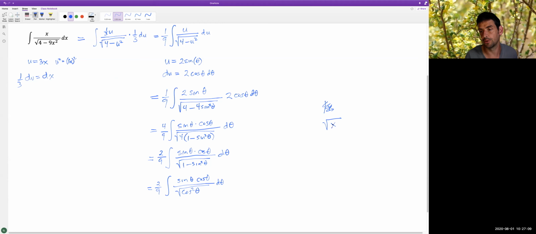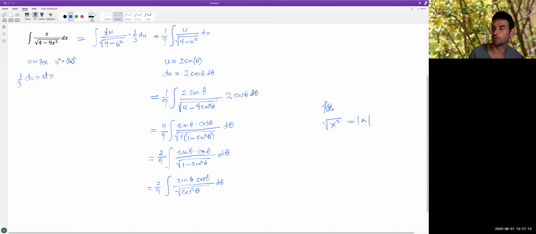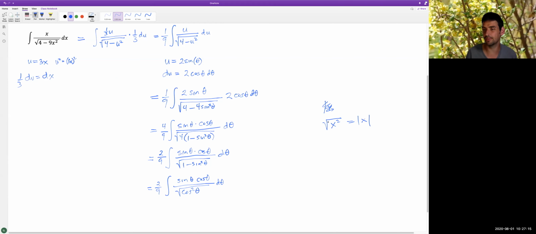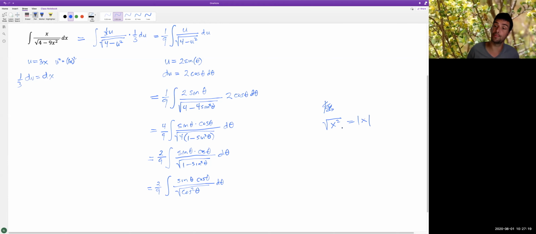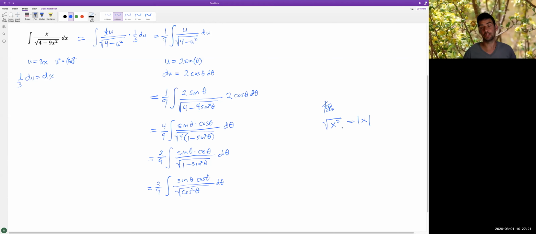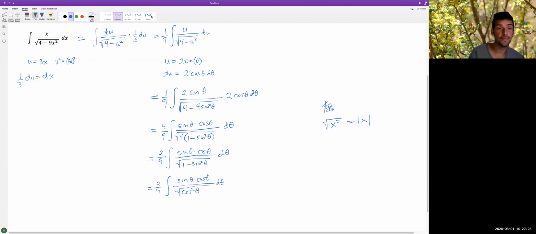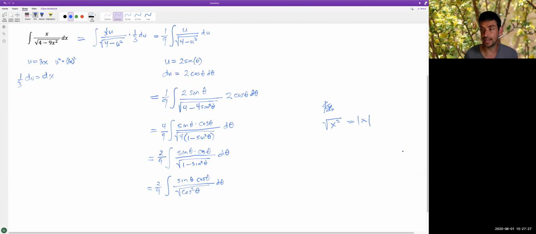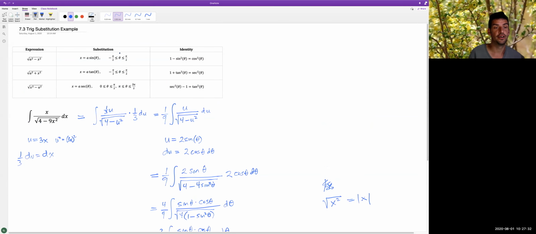If I take the square of a number, and then take its square root, I get the absolute value of that thing, right? Because if x started out as negative, you'll get the positive. If it starts out as positive, you get the same thing back, which is precisely what the absolute value function does. However, on the interval negative pi over 2 to pi over 2, that was our interval,